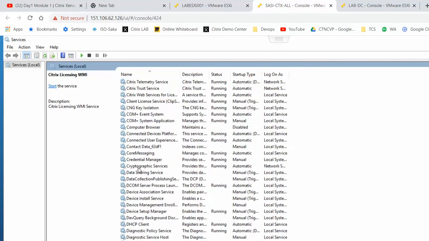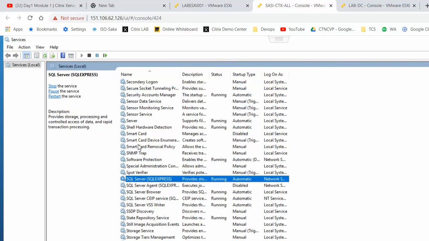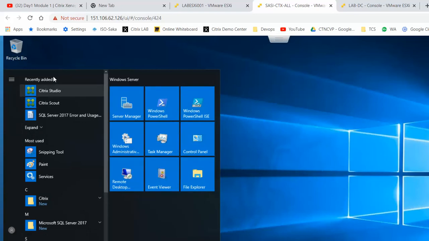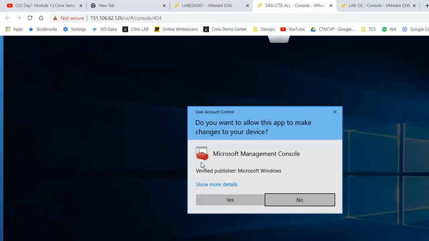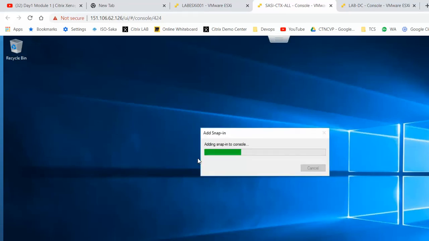We also have the SQL service, which should be running. So the SQL Server and SQL Express services should also be running. This is a mandatory step. Everyone needs to address this. Understood? Now I'm closing the services console, clicking Start and opening the Studio console. Now I click yes, and check that Studio opens and the site is everything good or not.